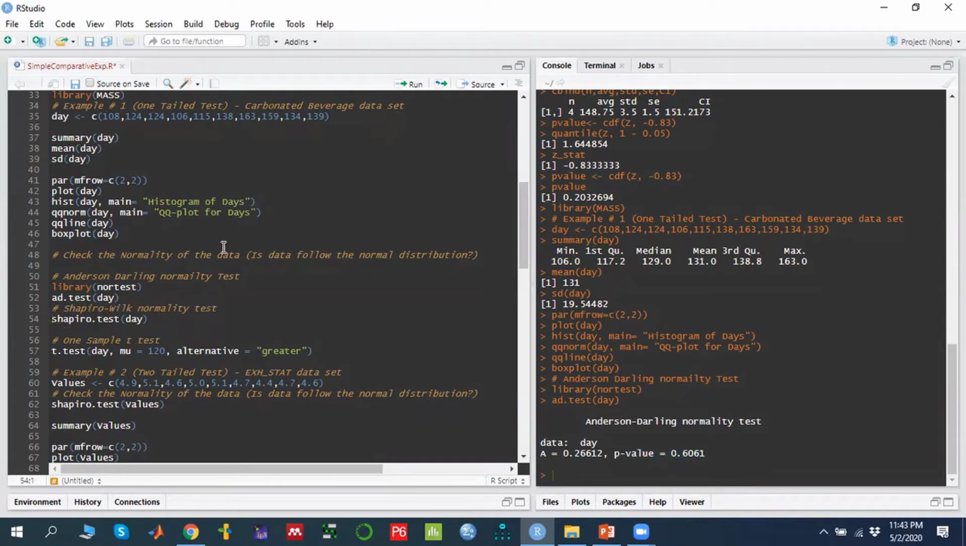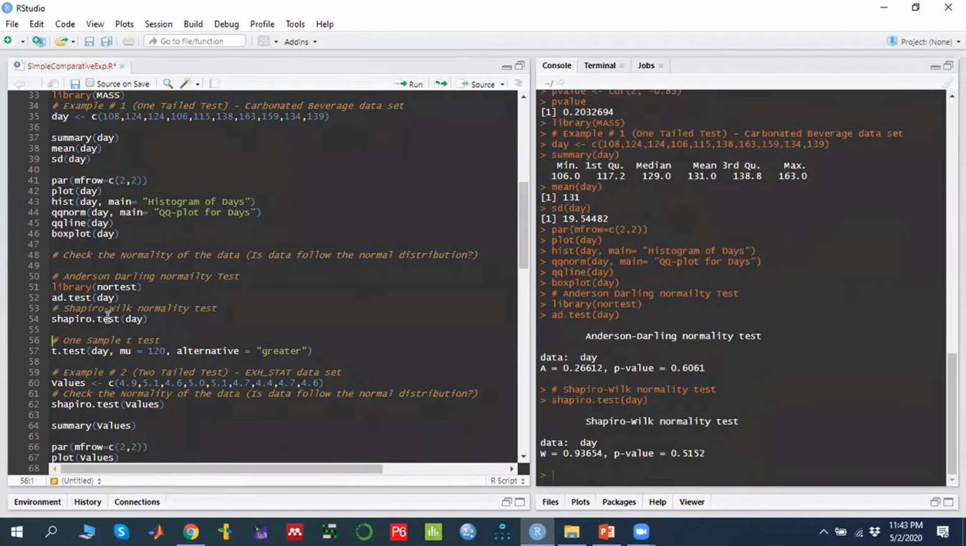In order to do that, we can use the function shapiro.test. Again, for this test, if the p-value is greater than or equal to the pre-decided alpha value, we will say the data follows the normal distribution. Once we confirm that the data follows the normal distribution, that means we can apply the one sample t-test. So in order to apply the one sample t-test, the function is t.test,